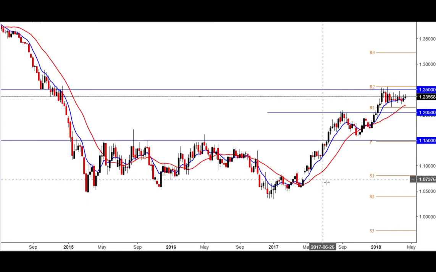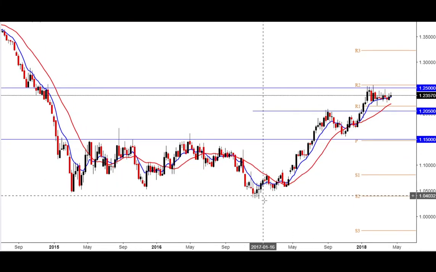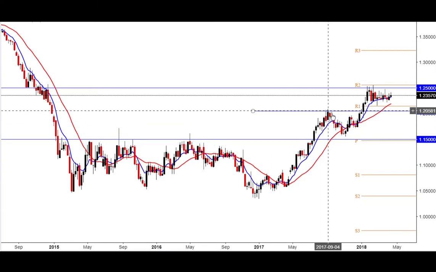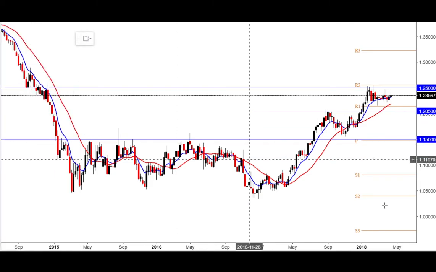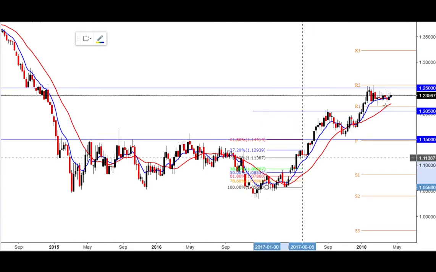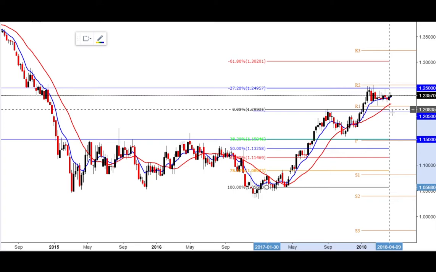As you can see, in the markets, we had this bullish run in early 2017. We had this correction, which if we use our Fibonacci tool, we can see that the market completed a clean ABCD, pulling back to 38.2. Though it was not really accurate, the market came shy of 38.2 by quite some pips. Then we went all the way to 1.25, which was in perfect confluence with the